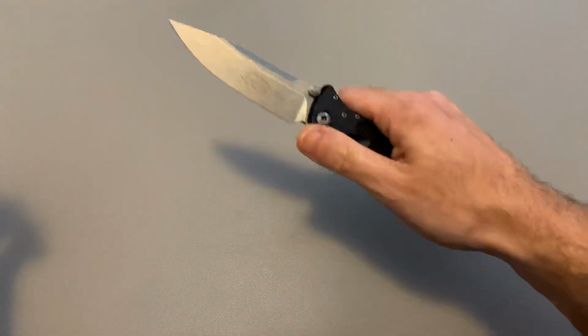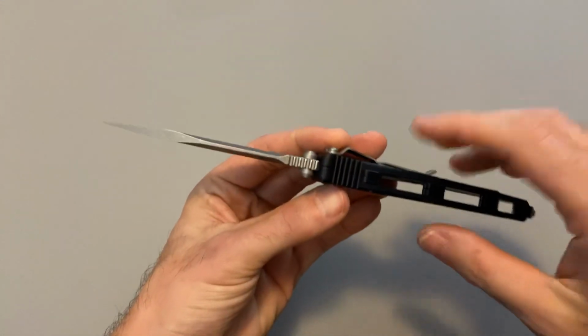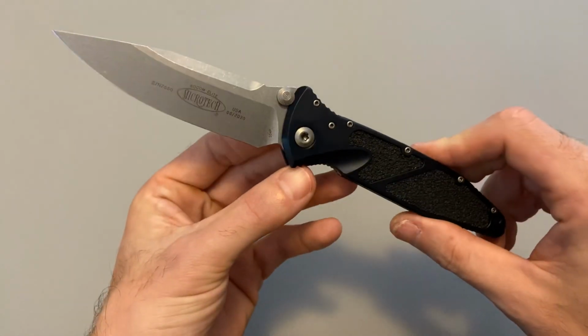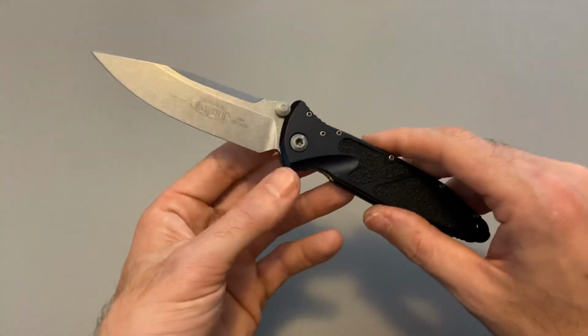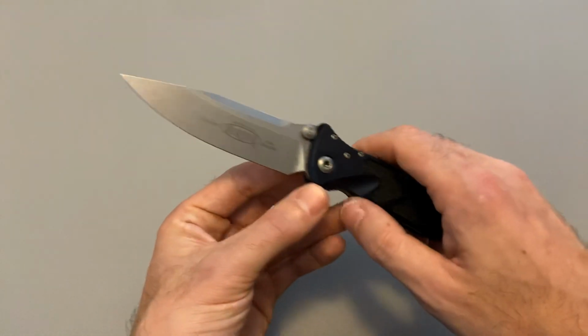It's why it's number 5. It is the Microtech SOCOM Elite. And again, massively thick stock. M390... 204P steel. Microtech's constantly changing up their steels. The one I had before was the automatic in M390. That was actually satin. This is a little different. I definitely prefer the manual version of this because it's just